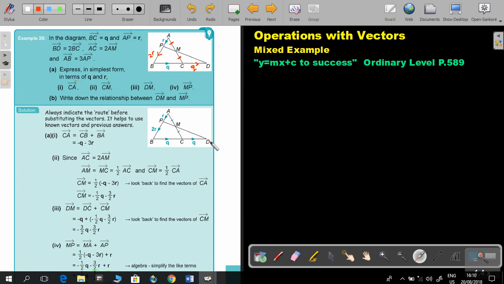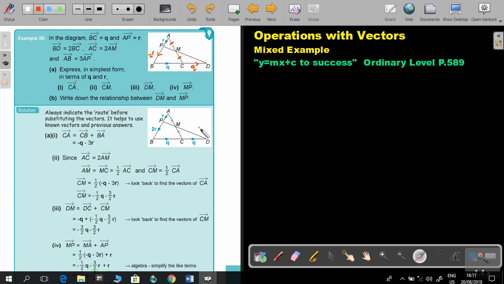Now again, look for the long route. So it will be from D to C and from C to M. So it will be DC plus CM. So this will be negative Q, do you agree? Because it's the opposite direction, plus, and remember, I already have CM. There's CM. So just substitute it there. And now I can simplify it by adding the like terms. So this is negative 1 and negative a half. So it will be negative 1.5 or 3 over 2 Q minus 3 over 2 R. And then the next one,